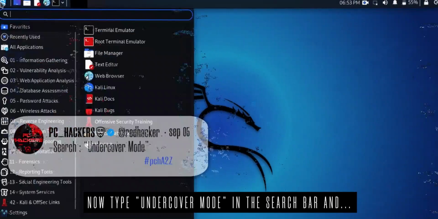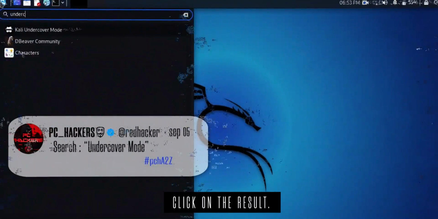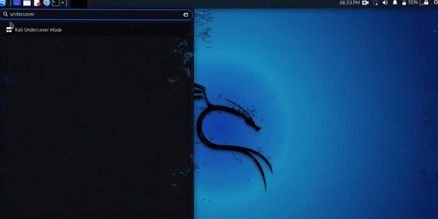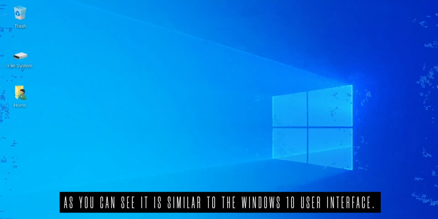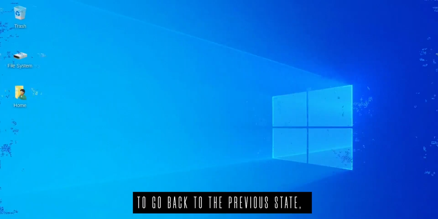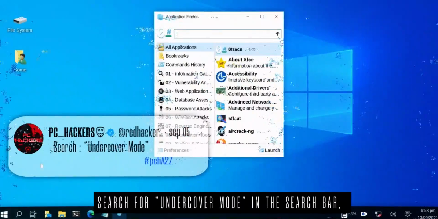Now type undercover mode in the search bar and click on the result. The result is amazing. As you can see, it is similar to the Windows 10 user interface. To go back to the previous state, search for undercover